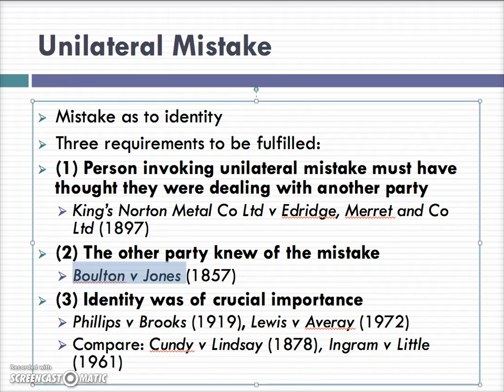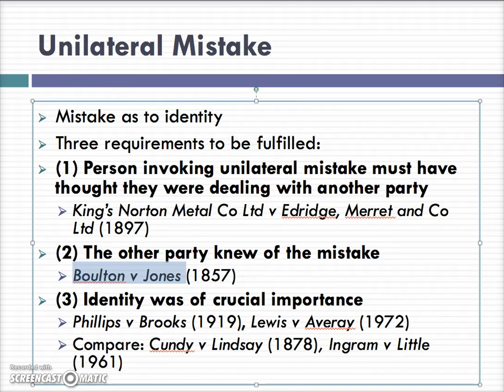Bolton then processed the order and delivered the goods to Jones. But Jones refused to pay. After all, Jones thought that he was dealing with Brocklehurst, and since Brocklehurst still owed him money, he wasn't going to pay. So Bolton sued Jones. The court held that Jones never intended to contract with Bolton, and therefore there was no contract.